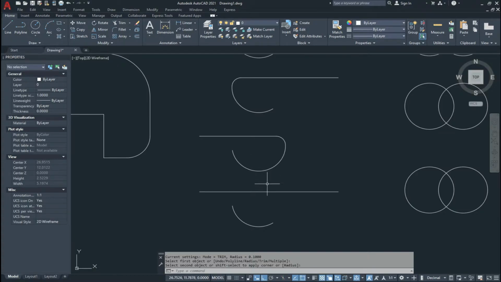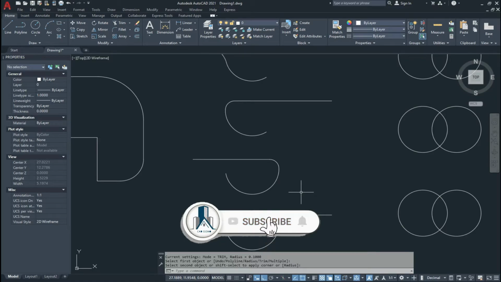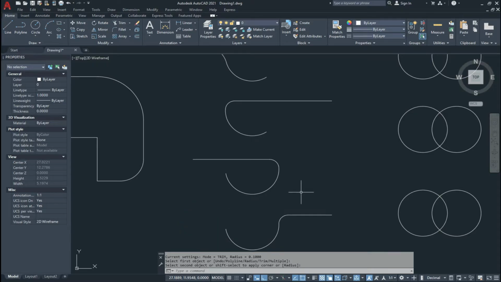And now if I go to fillet again and click on this arc and click on the end of this line, now this kind of shape will be made. In this example, you see the clicking point is very important, as I told you earlier. So keep in mind that point, where you are clicking for the fillet.